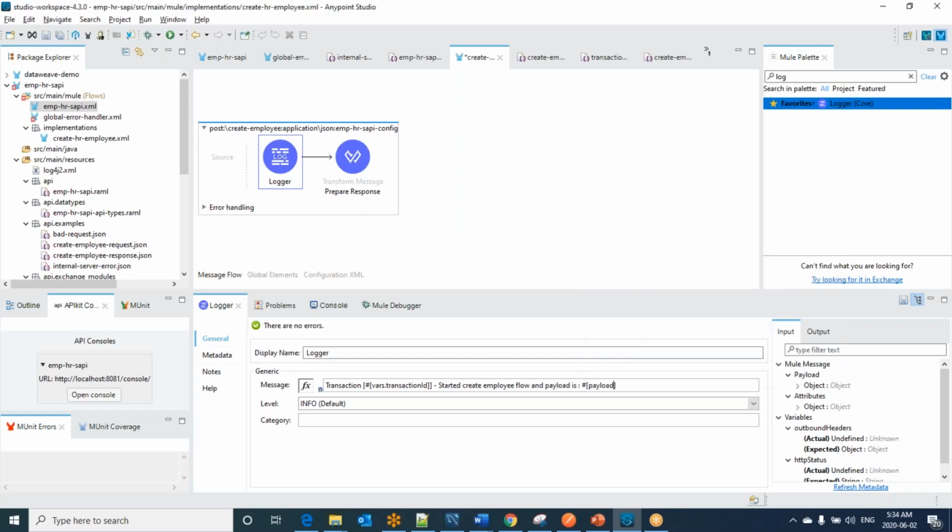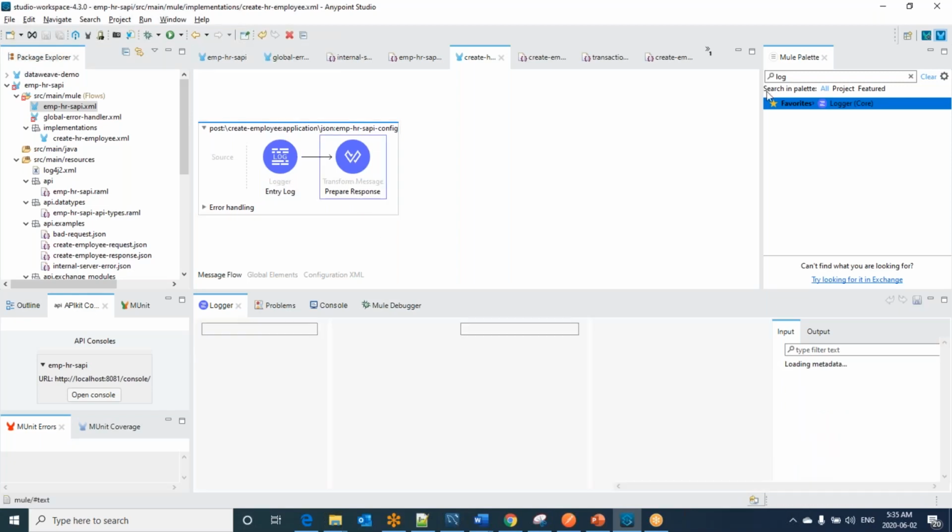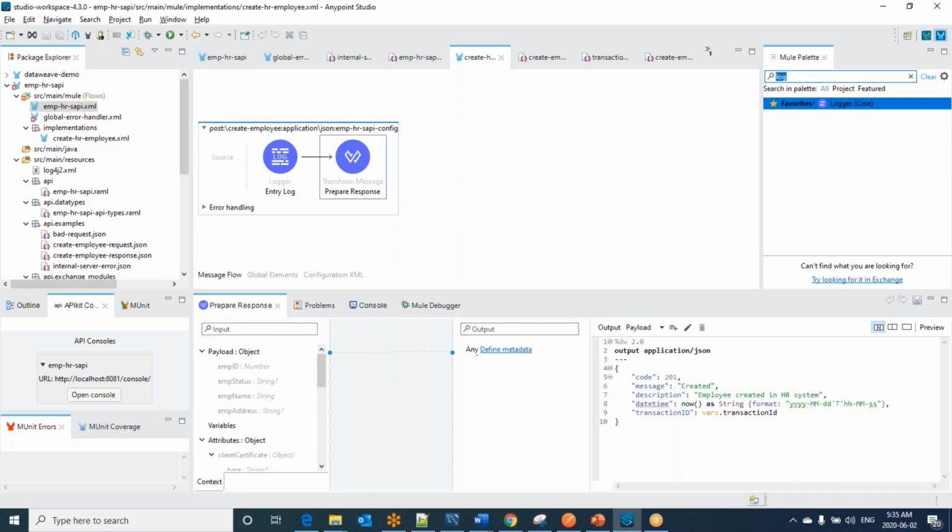I can put the payload. It's going to print the transaction ID each and every time so that we can monitor our logs easily. Let's call it entry log.